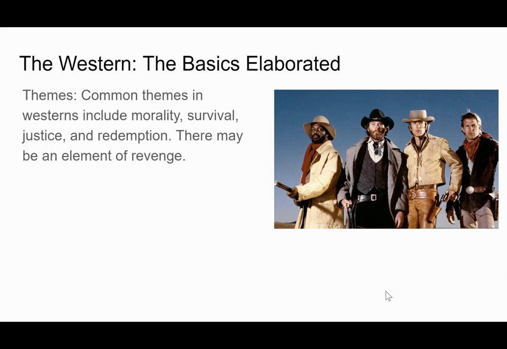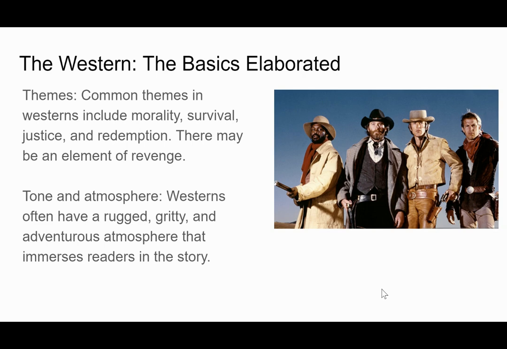Further, there's going to be morality. We're going to talk about justice, redemption. Sometimes it's going to be about revenge. All of these subjects, and I'm going to use the term subject rather than themes as I cut and paste this, I think it's important to understand that, again, those might be part of motives in a police procedural. Those might be elements of a hard-boiled detective story as well. And they feature prominently in the Western.